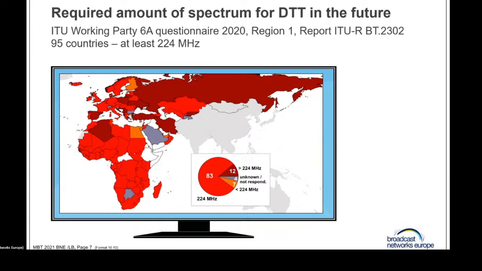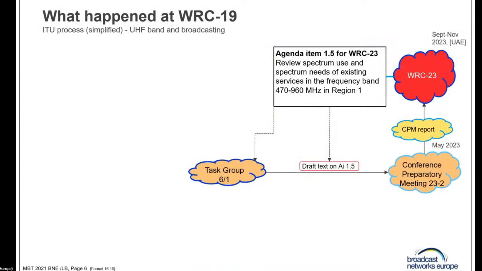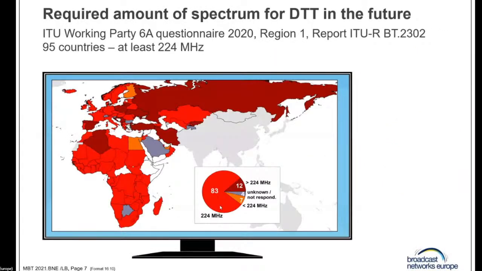And the question was, hey guys, how much spectrum do you actually need for broadcasting below 700 megahertz, the 470 to 694? And what came out of that questionnaire was that 83 countries said, yes, we need this spectrum for broadcasting, 224 megahertz, and 12 countries came out with the answer, we need more than the sub 700 megahertz band for broadcasting. So out of this report, which is available from ITU, of course, it was demonstrated